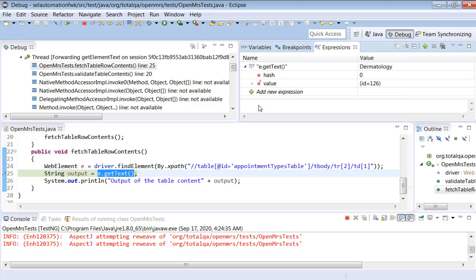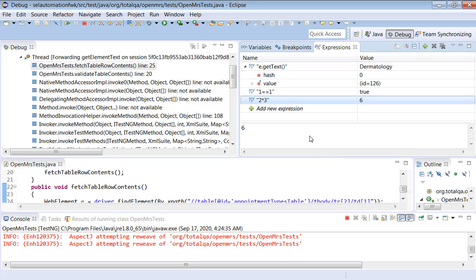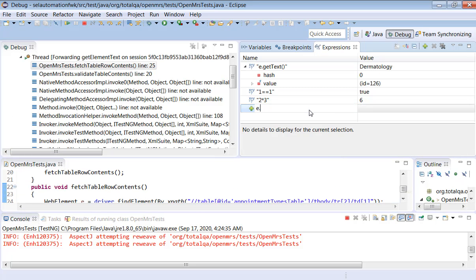And not only that, suppose you want to write some expression, say 1 equal to 1, what is the outcome? It is true. Suppose 2 into 3, 6. Suppose you want to try e.getText().length, 11.